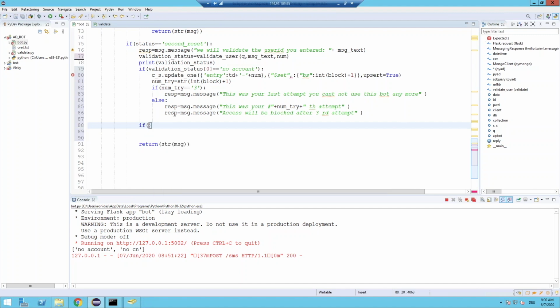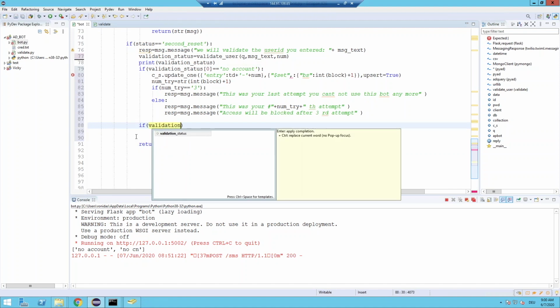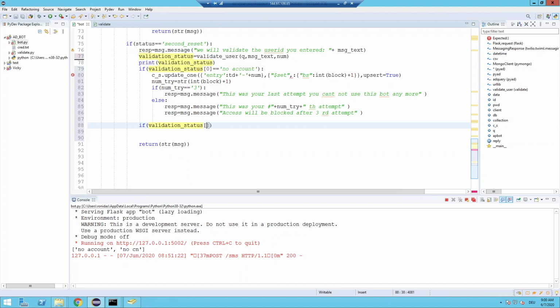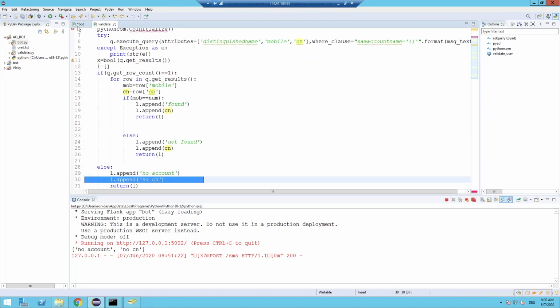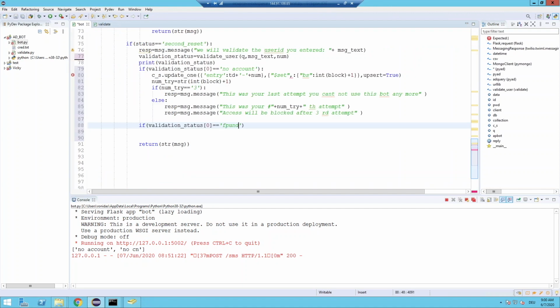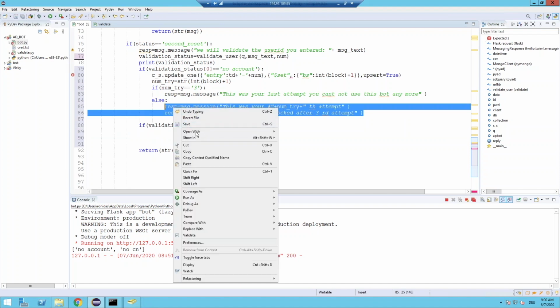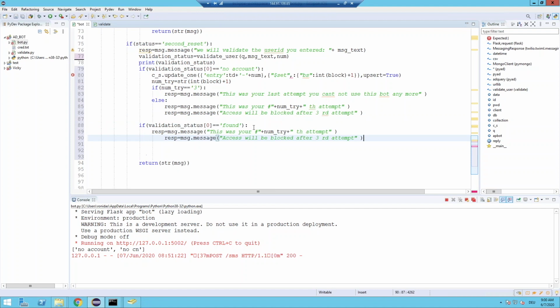if validation underscore status dot 0 equals to, I believe this is going to be found. Okay, found. So if this is found, then what we'll do is just do this thing again. Let's say that your ID has been validated, and we'll just change the password now. Okay,